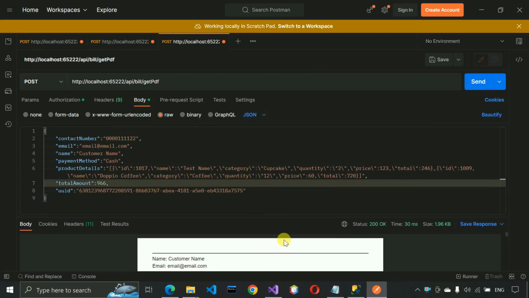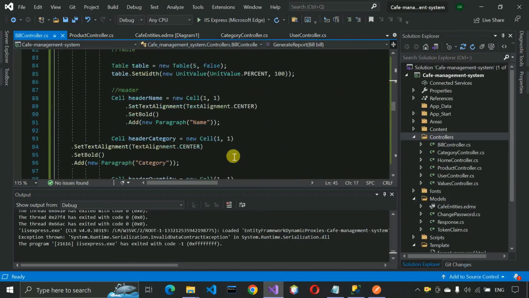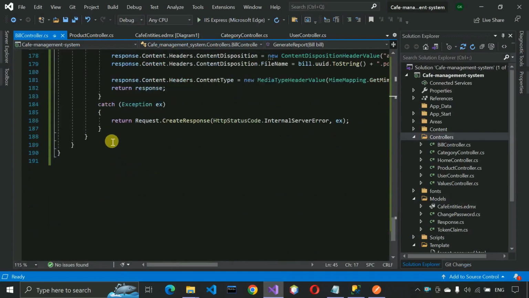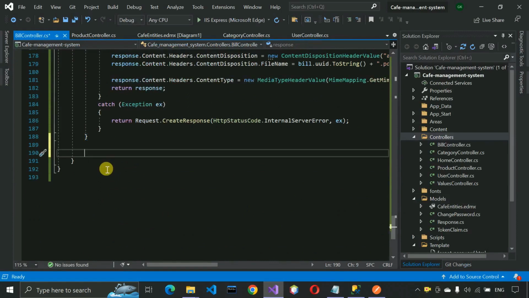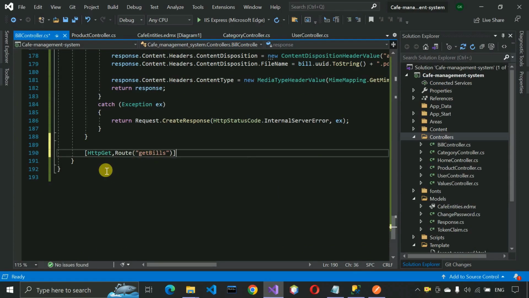Now we are going to write the APIs to get the bills. So let's stop this one and scroll a little bit down. Let me close this one also. And here we have to write the HTTP get method and route, and in this one get bills, and we have to pass the custom authentication filter,